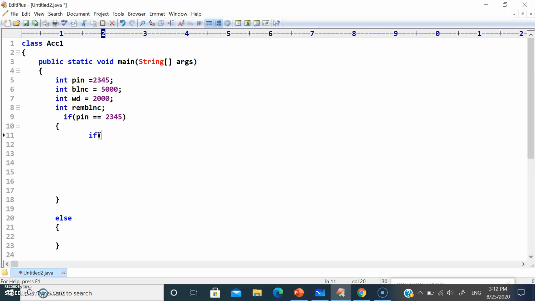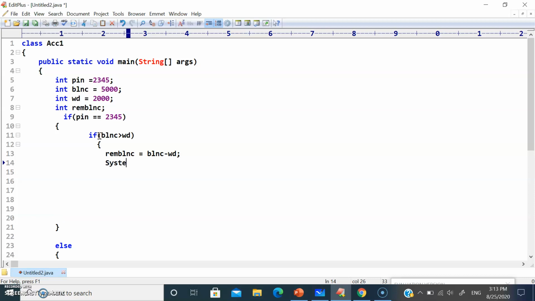Here we are going to write balance should be greater than withdraw. If the condition satisfies, let's say the remaining balance should be equal to balance minus withdraw.